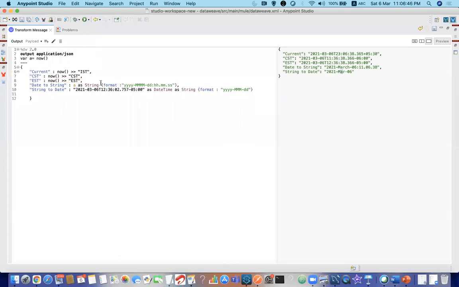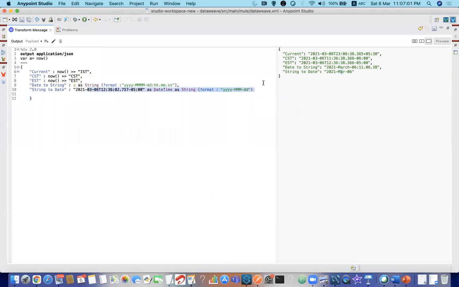The main thing which you need to understand: most of them will come up saying that I am not able to convert. They will come up with a value and say that I am not able to convert it into date format. Okay, because your string has to be a valid date. Without that you cannot do it.